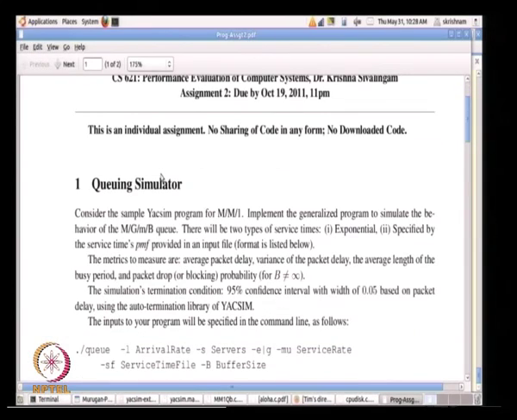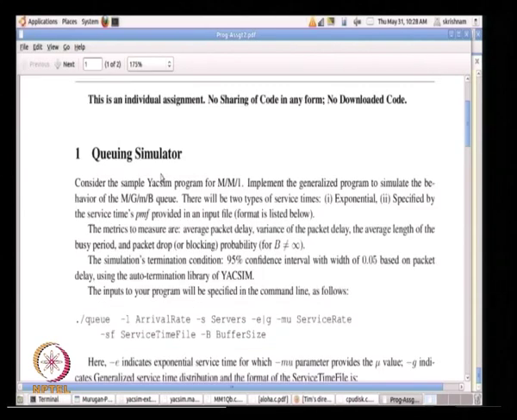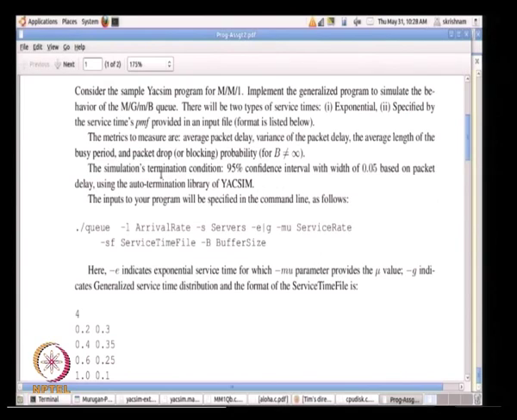Okay, so we saw the M/M/1 sample program, and we wanted to generalize this, so you can take this as an attempt. This is part of the assignment that was given for the CS621 course, but you can essentially try to generalize this to an M/G/m/B queue, where the service time can be either exponential or it can be specified by some sort of PMF. The service time can be given to you as an input, rather than saying the service time is exponential. We can define the probability distribution, the probability mass function for the service times, and then based on that you should be able to